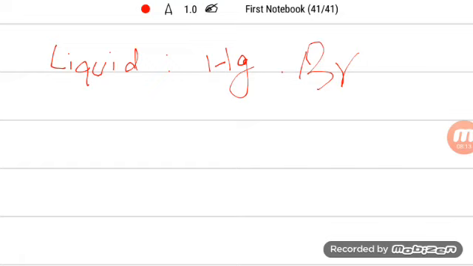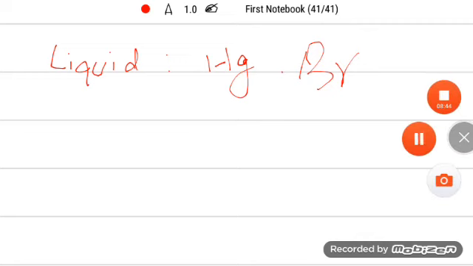You see there the solid examples: carbon, sodium, lead, iron, gold, silver, magnesium, which are found in solid state. Then some other elements are found in liquid state, which I am showing in front of you here: mercury and bromine. Here I have written mercury, the symbol is Hg, and for bromine the symbol is Br, capital B followed by small r. Then you can see gases: oxygen, nitrogen, chlorine, helium, hydrogen and argon.